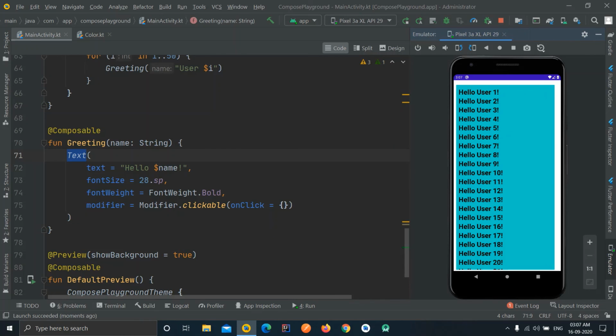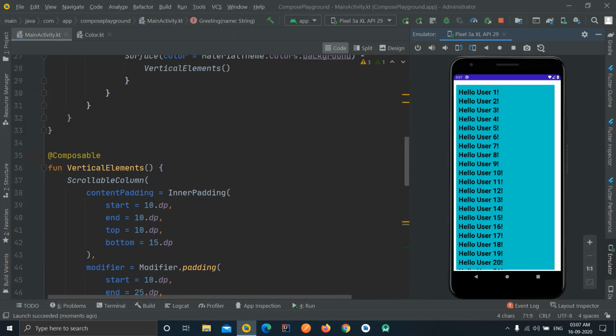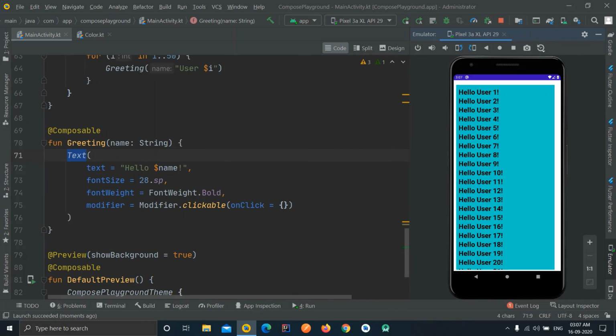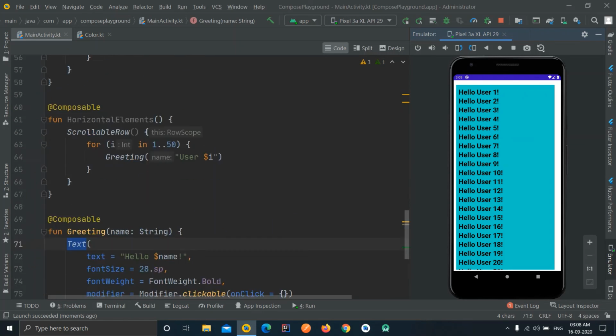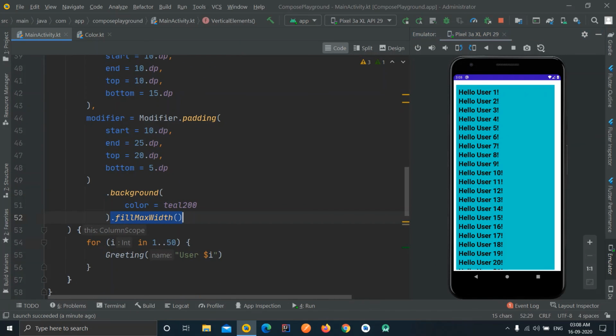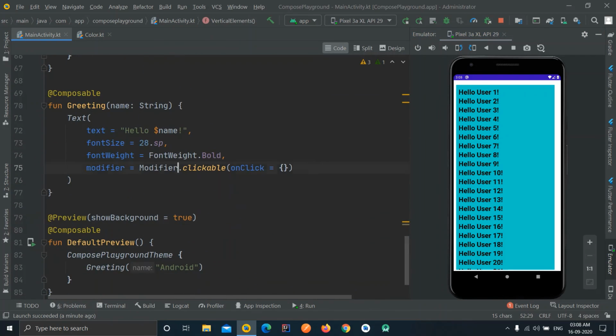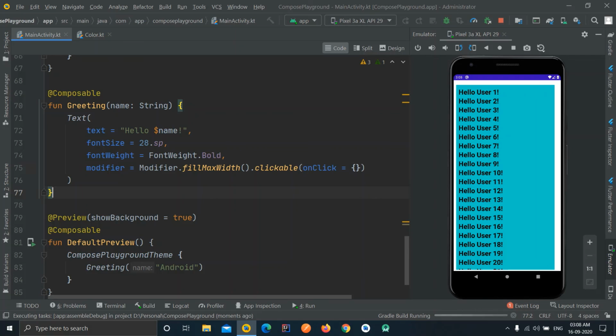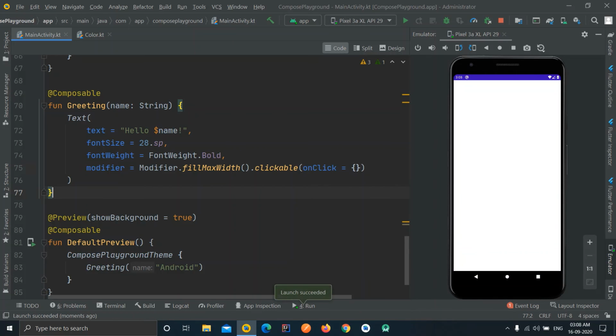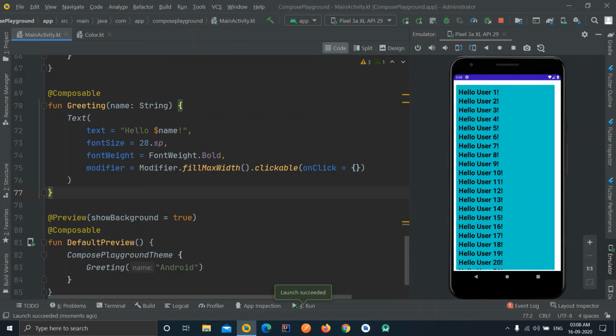Now you can see that if I try to click anywhere, it is not showing any ripple effect because the listener isn't working on the whole layout, but it will work only on the children. So if I try to tap on an item, you can see the ripple effect, the clickable effect basically, on every list item. Now one more thing: what if we want this list item to take the whole space? Like I mentioned previously, we can use the fillMaxWidth property. The same property can be applied over here like this, .fillMaxWidth, and we can simply run it. Yeah, now it is actually covering the whole width.